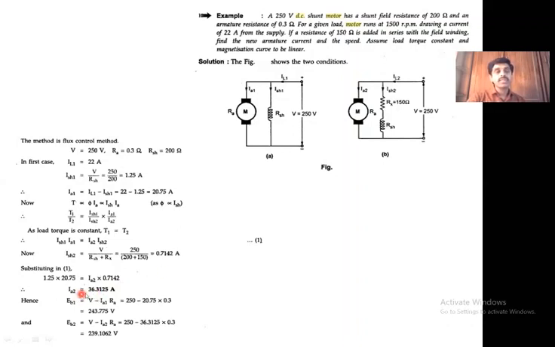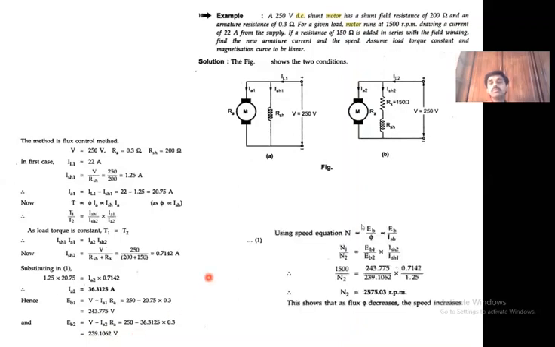Once the armature currents in the first case and the second case are obtained, you can calculate the back EMF. Eb1 is equal to V minus Ia1 Ra. After substituting, you will get its value as 243.775. And Eb2 you can get as V minus Ia2 Ra. After substituting these values, you will get 239.1062 volts. Now, using the expression N proportional to Eb by phi, which is proportional to Eb by Ish for the shunt motor,